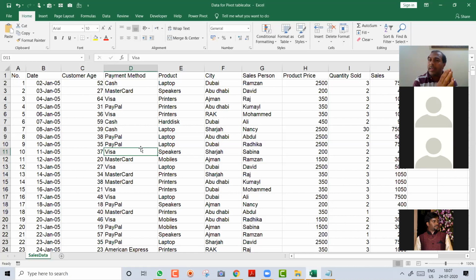In the old days, people were also maintaining data left to right, meaning all the headings were on the left side, like date, payment, city, and the data sometimes like this. If you have this type of data, you can't create a pivot on that. That is a wrong way of creating a database. The right way of creating a database is you should have the heading on the top and your data flowing down.